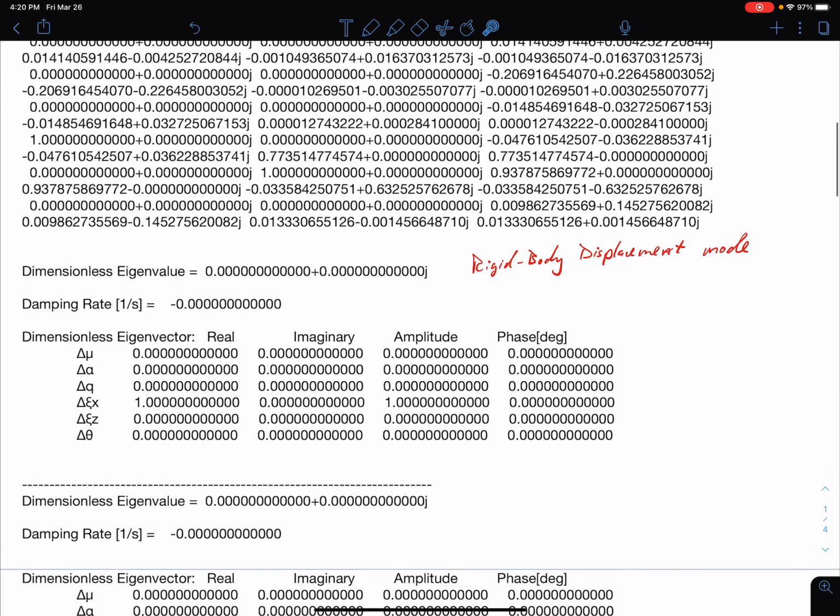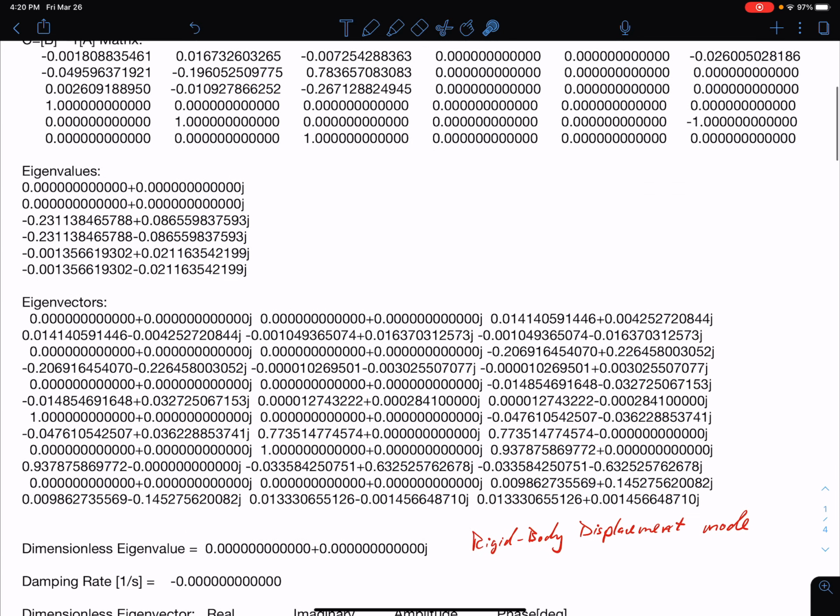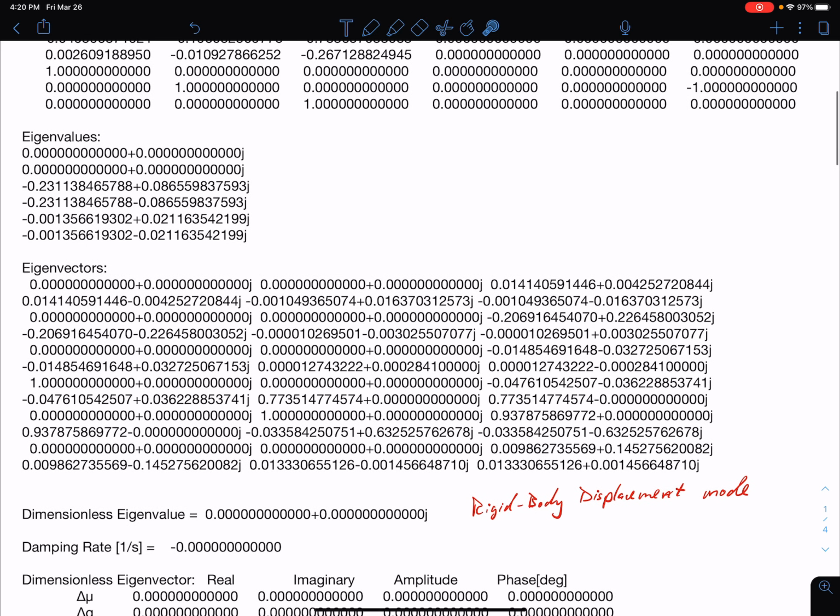Now, to back up for just a second, your eigensolver may give these to you in a different order. This is just the order that my solver gave them to me. Put the 2 zeros first. I think that's kind of common, but that's not a given. So you'll need to look at your eigenvalues and pair them with the correct eigenvectors here.